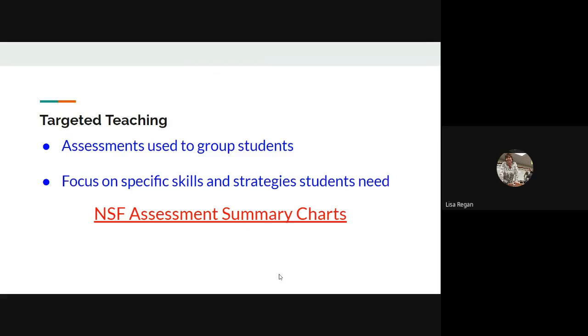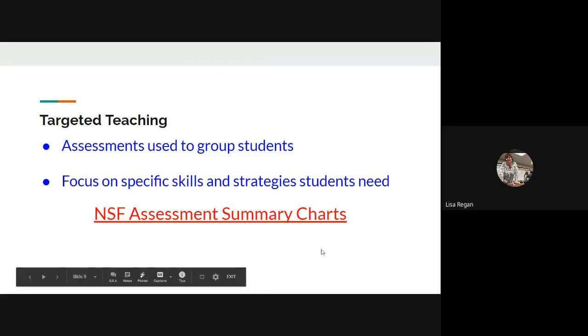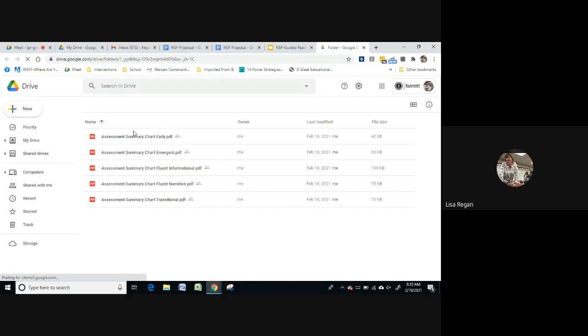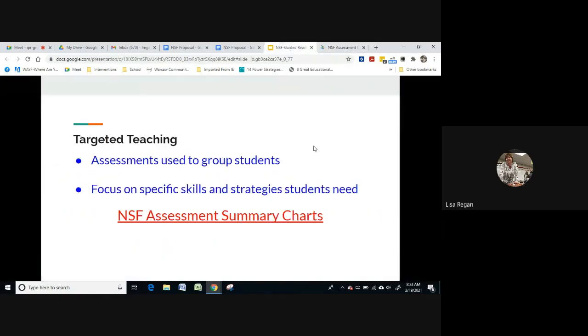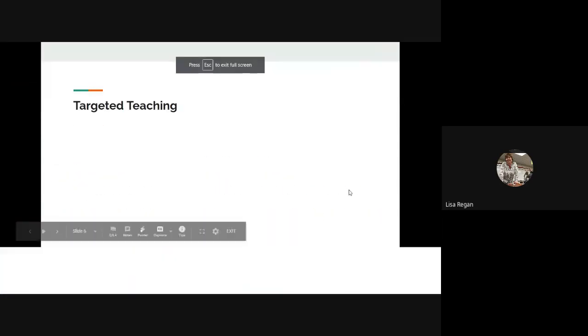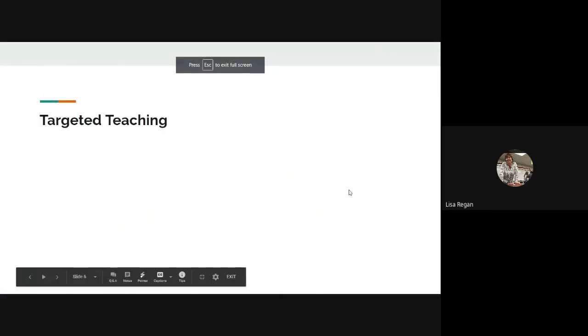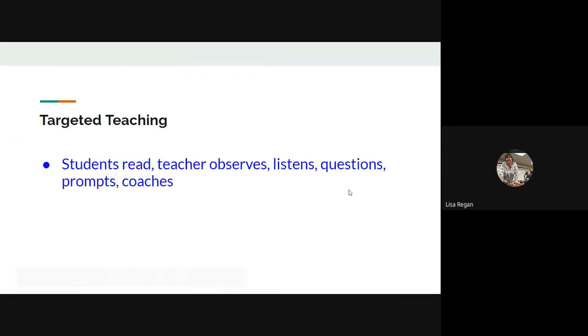We have provided assessment charts on this slide for you to use as you assess and evaluate your students. Simply click on the link and it will take you to an assessment chart for each level of reader. Once you have completed your assessments and grouped your students based on their specific needs, you are ready to begin